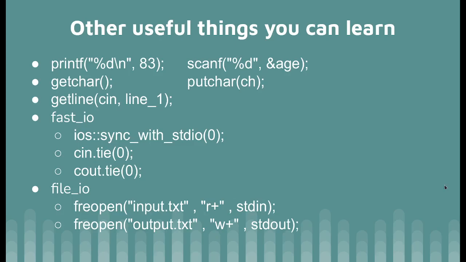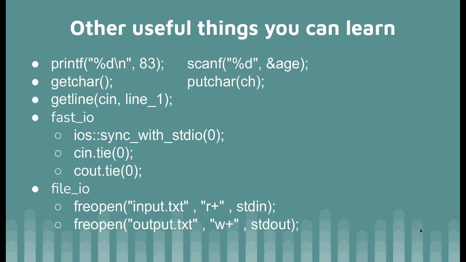In general, like 99% of the time you just use cin and it will be clear what you need to do. You just cin whatever variables separately you need to input. But if you're familiar with C, with scanf or printf, you can use them in C++, they work. But cin is more used because it's easier to do. scanf and printf are actually more efficient than cin and cout. So people usually copy these fast IO lines, which are ios sync_with_stdio and cin tie. You just copy this in main, and then it will become faster. But in general, scanf and printf are faster.